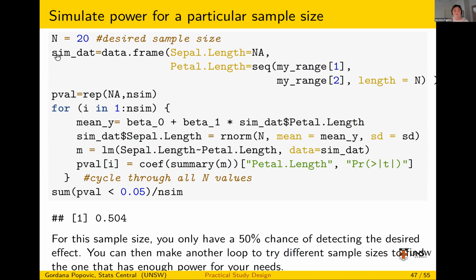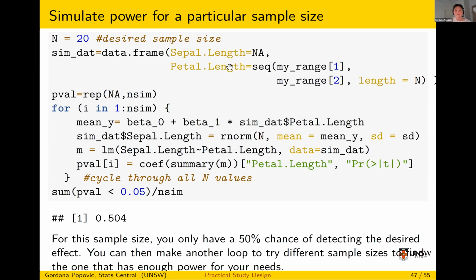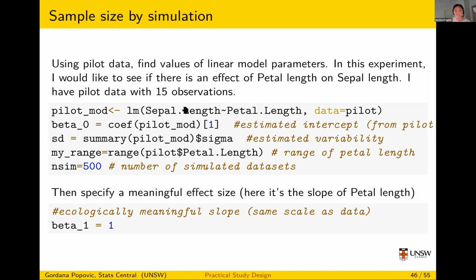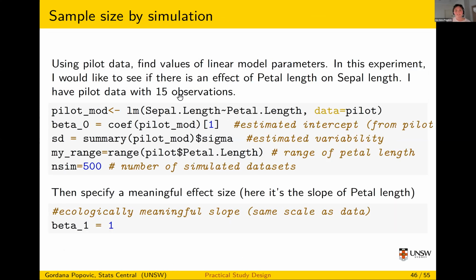And then what I'm going to do is some complicated stuff. So if you're an R person, maybe you're interested. Basically, what I'm going to do is create a data set where I don't have sepal length. So my response isn't there. I just have petal length. And I'm going to simulate sepal length from that model here. I'm going to predict sepal length from petal length using that model. But I'm also going to predict it in such a way that it has uncertainty. And the uncertainty will be the variability that I estimated before.